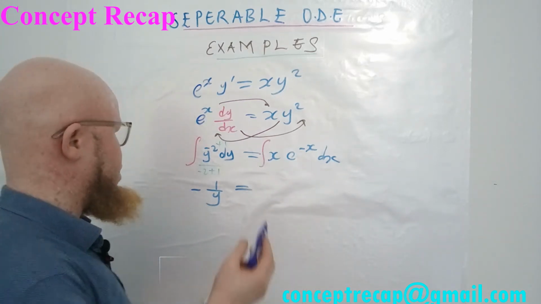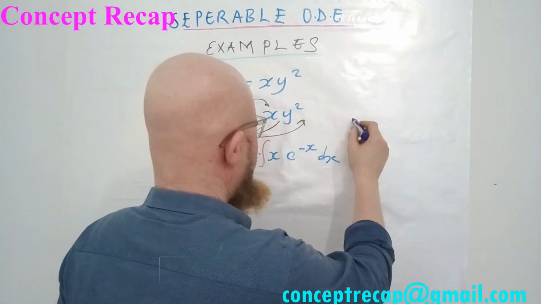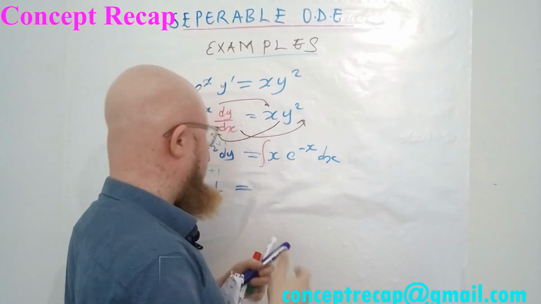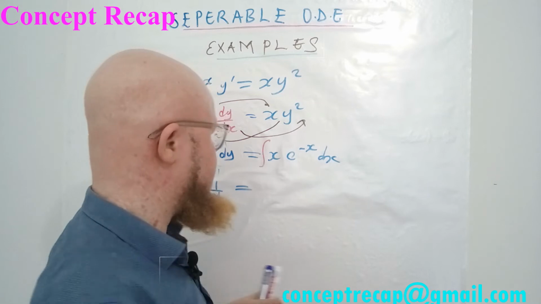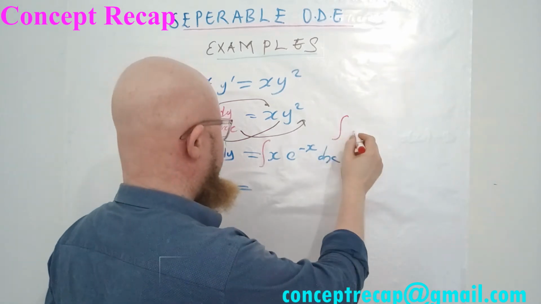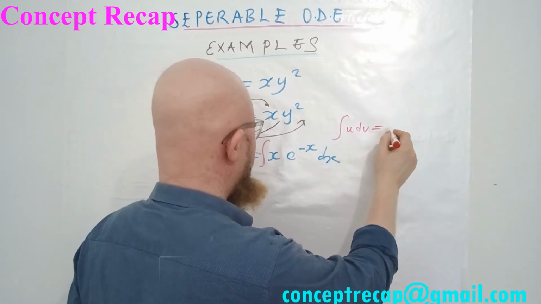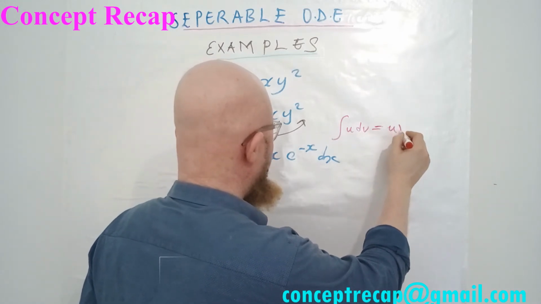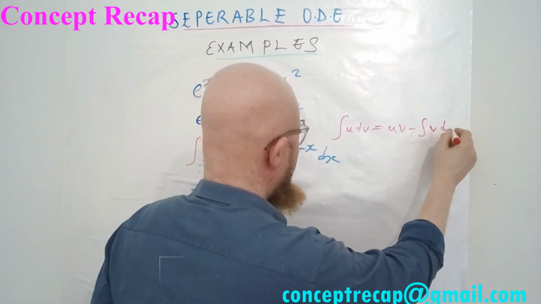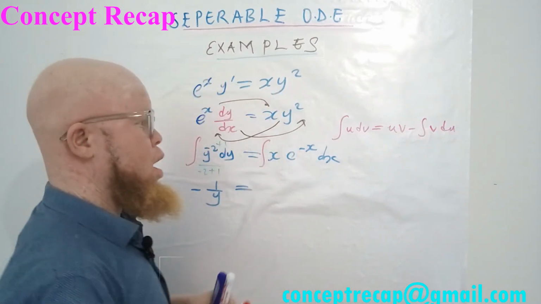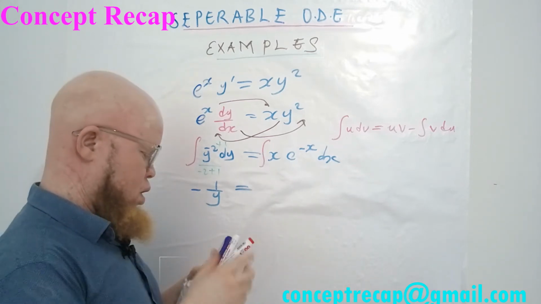integration by parts. And by parts, you remember the formula is, the formula for integration by parts is what? Is this one. You have integral of u dv is equal to uv minus integral of v du. So how you are going to select your u's and v's, this depends on, normally